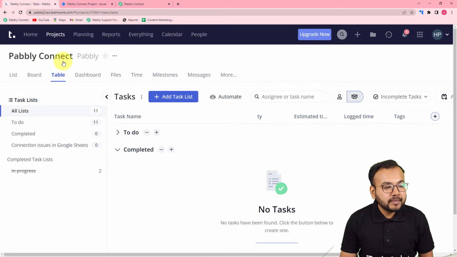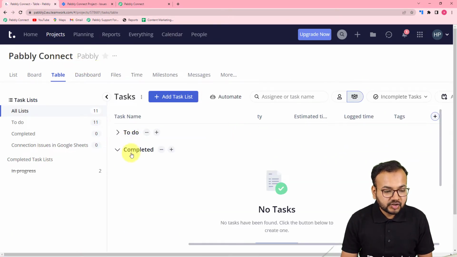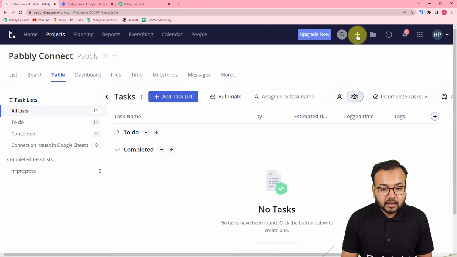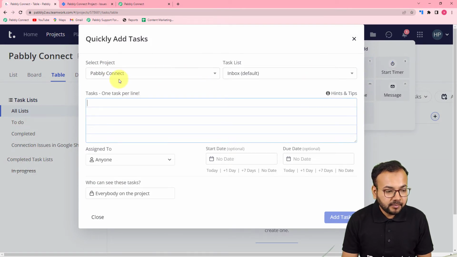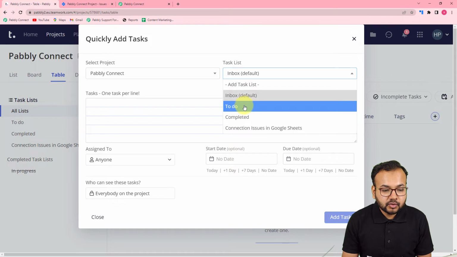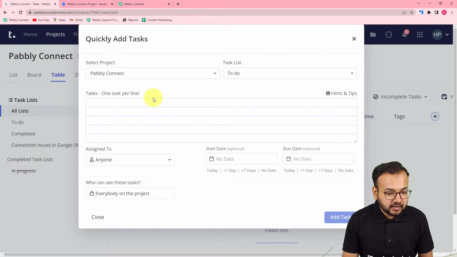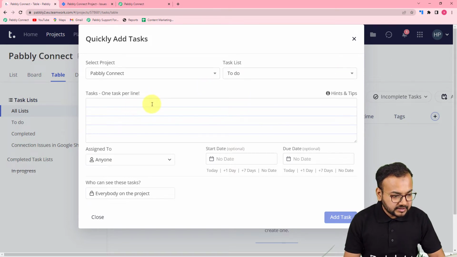So I'm inside Pabbly Connect project, and these are the two lists I have in which I can create a task. So to create a task, I'm just going to click here on this plus icon, and from this quick add list, I'm going to click on task. And now from here, you can select the project, you can select the list. This is the to-do list I'm selecting, and here you can fill the details of the task. So I'm giving the task details as this